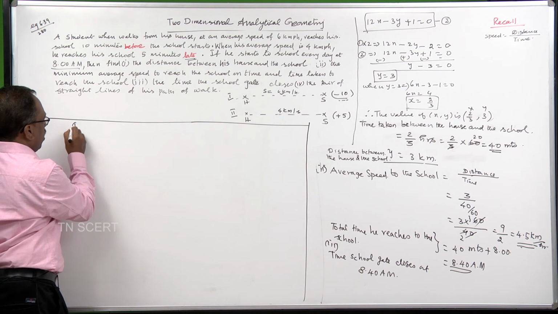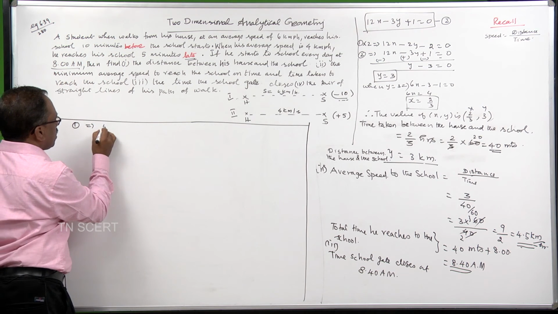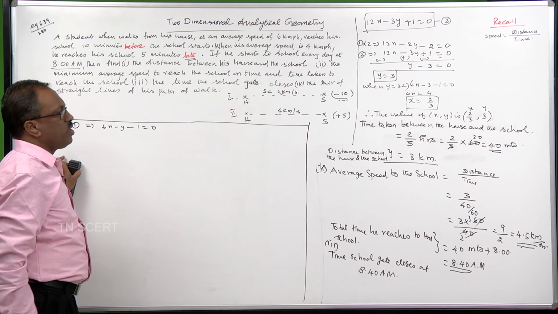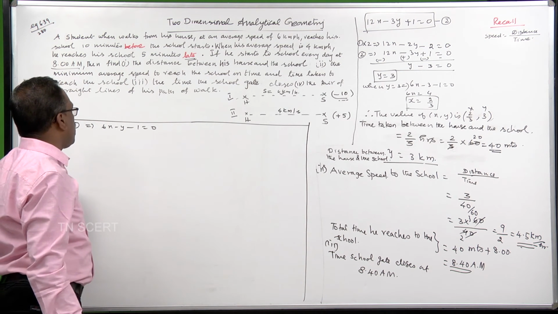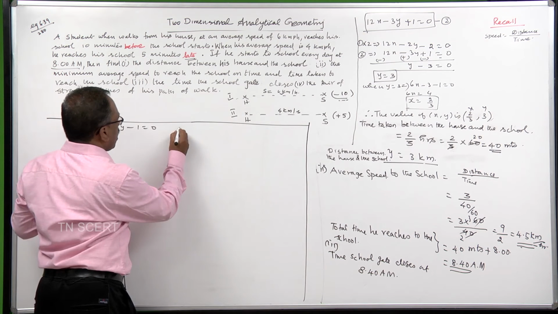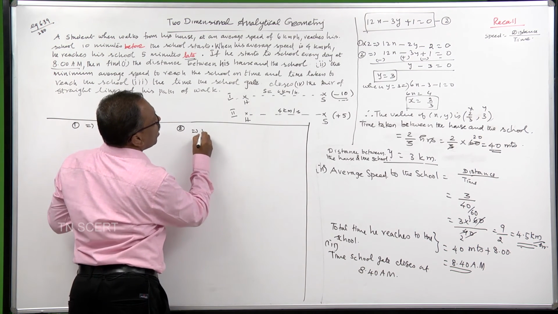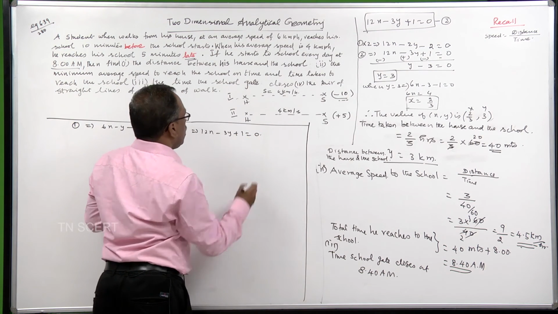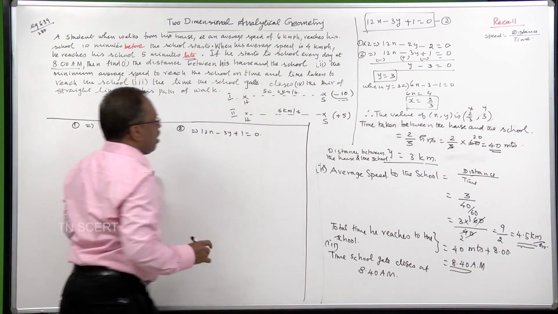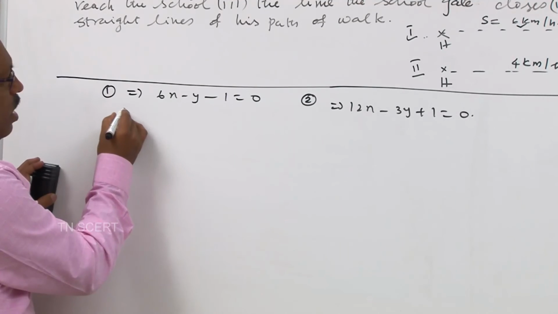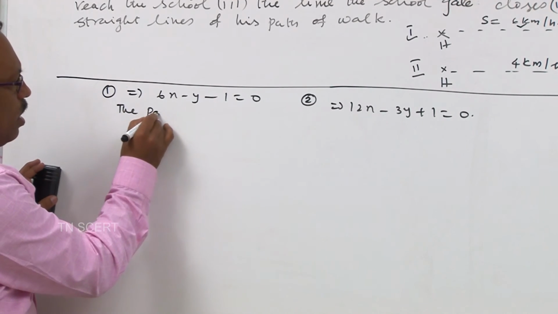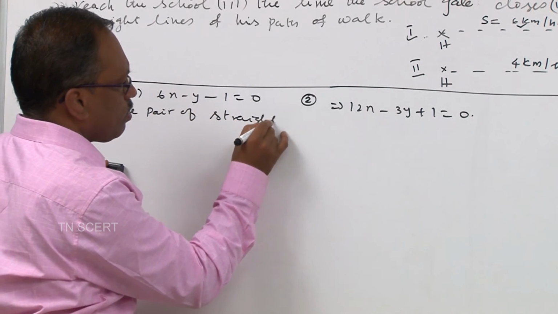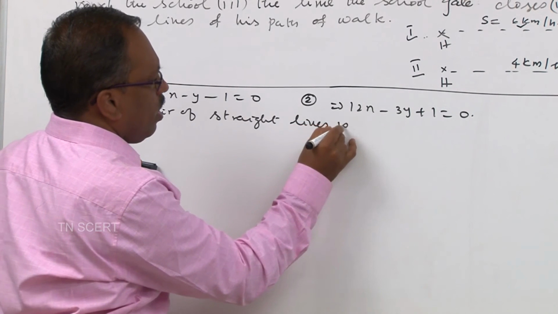The first equation is 6x minus y minus 1 is equal to 0. That is the first equation here, 6x minus y minus 1 is equal to 0. And the second equation is what? 12x minus 3y plus 1 is equal to 0. These are the two equations. Pair of straight lines is given by